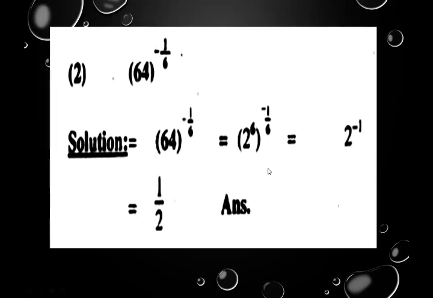So what you observe is that we have reduced, cancelled out, and eliminated that exponent by using the method of factorization. It was minus 1 over 6, it was huge in terms of a fraction. But when we use the factorization method, it has been eliminated. So finally we have 1 over 2.